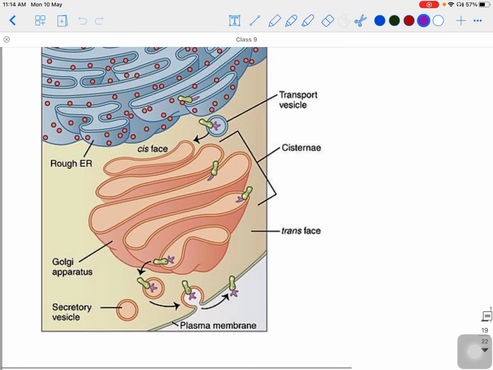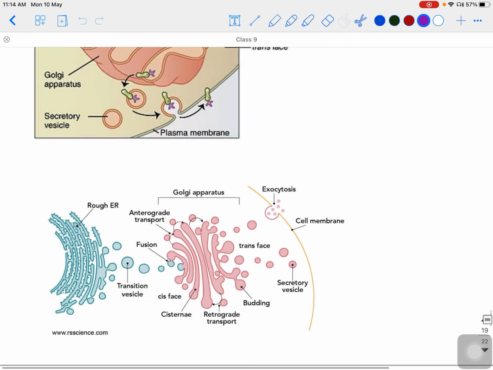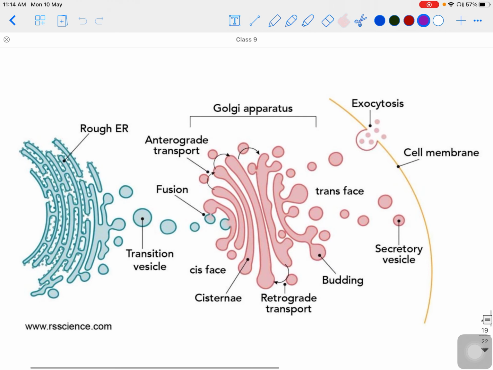Now these proteins can stay here in the cell or they can go out of the cell as well. It depends on the type of protein. Here you can see the 2D diagram of this arrangement. Here this is nucleus and this is rough endoplasmic reticulum, with the ribosomes. Whatever proteins are synthesized, they come in these vesicles. These vesicles join with Golgi apparatus.